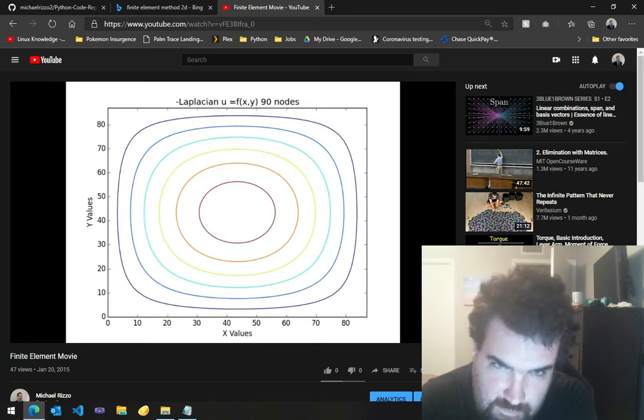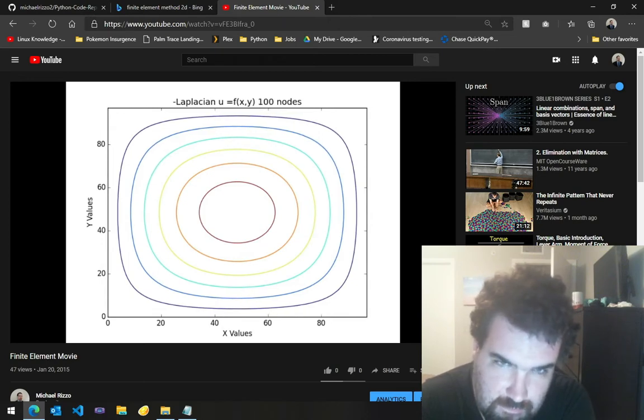And we're at 85 nodes. It's just getting more and more accurate. At this point, you can basically stop because it's just going to look the same. It's going to get a little more round, but nothing really changes. So that's showing off my